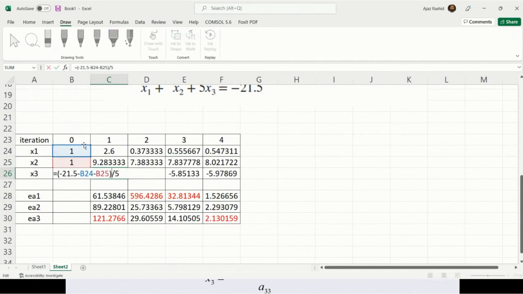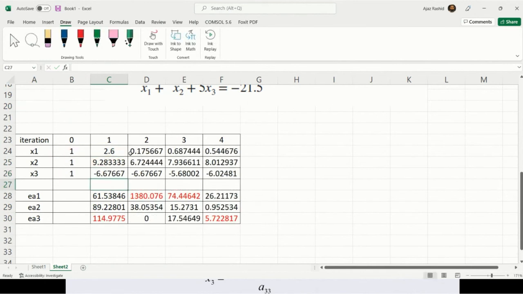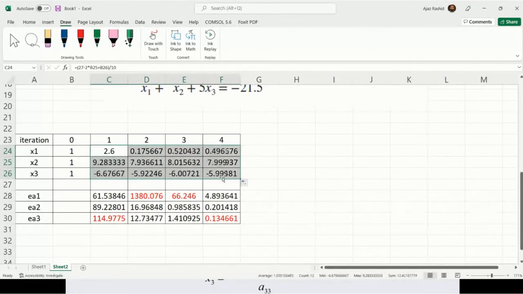Here, instead of using the old value, we use the new value, and we use the new value. And then I can copy this. And we can see again, of course, here the